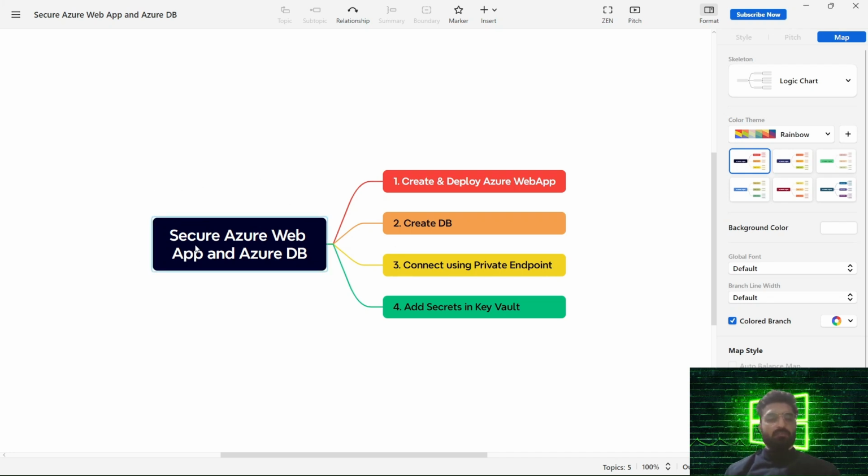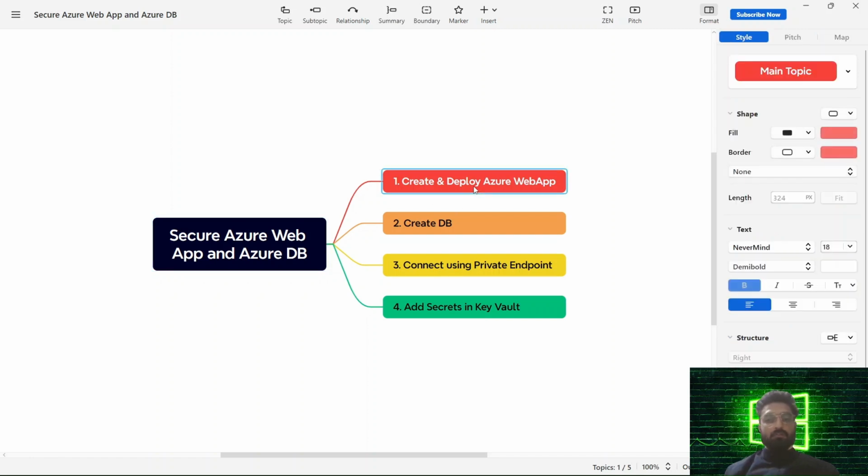So in this video, we will create a web app that will have Node.js as its front end, and we will use the Azure SQL DB for storing our data. So it will be a four-step process. First, we will create and deploy an Azure web app, and for this, I will be using Git actions so it can automate the deployment on Azure web app. And we will also create an Azure SQL DB,